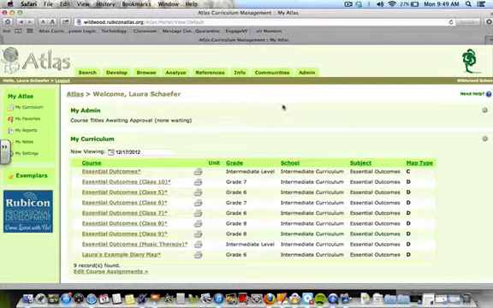Let's start with how to access the diary maps of your colleagues. When you sign into Atlas and you're in the My Curriculum area, you will be able to see all of the courses in which you are assigned. I'm signed in as myself now, so you'll see that I'm assigned all of the courses that everyone does for each classroom. When you sign in, you'll see your Essential Outcomes collaboration map as well as your diary map. To view your colleagues' diary maps, you will use the Browse feature. The Browse button, click on the tab,